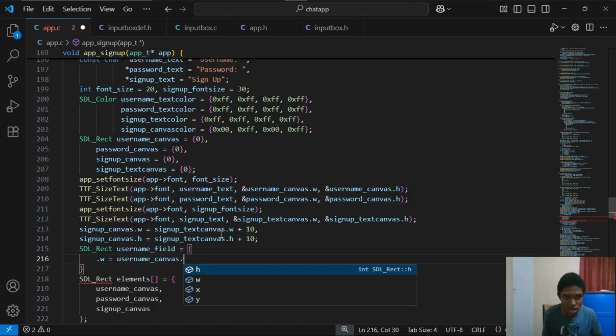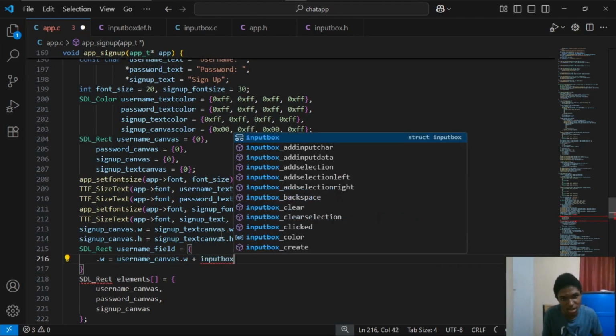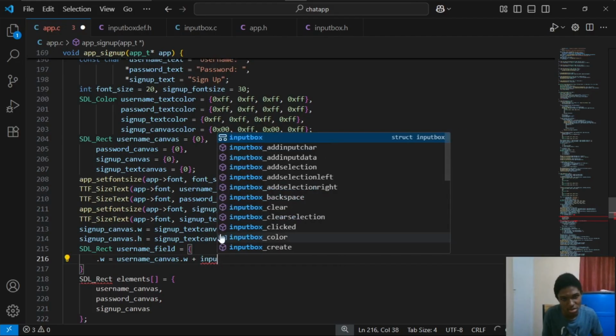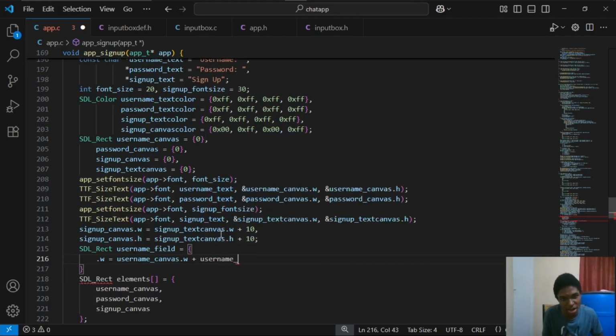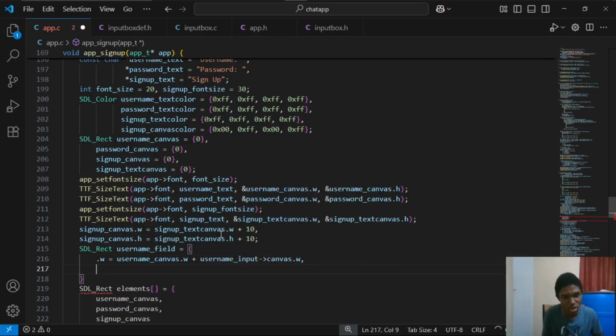Our username canvas dot width plus our username input canvas.width. Then we could get the